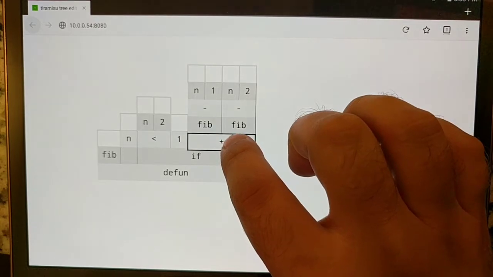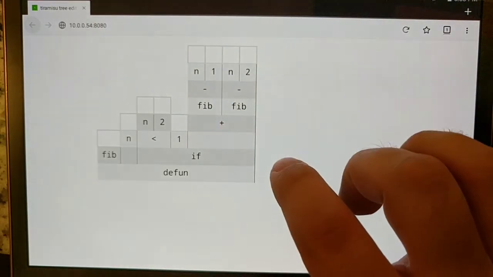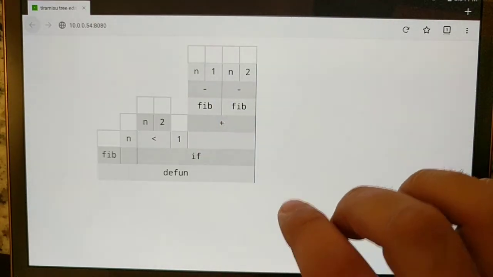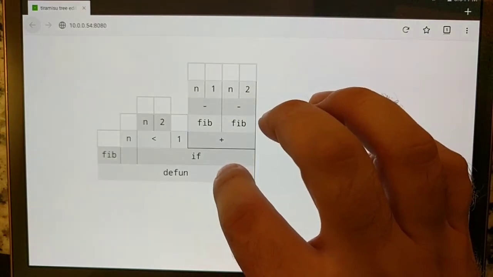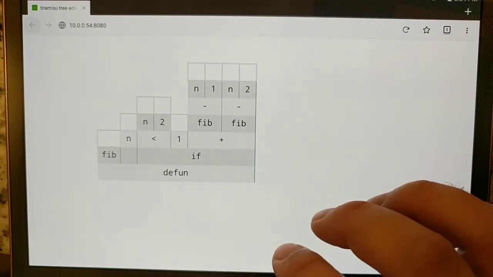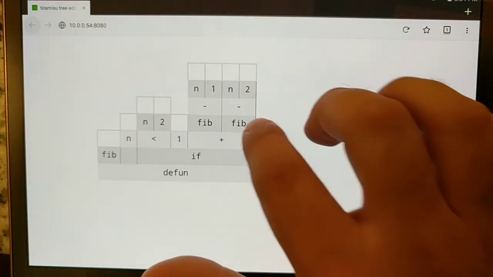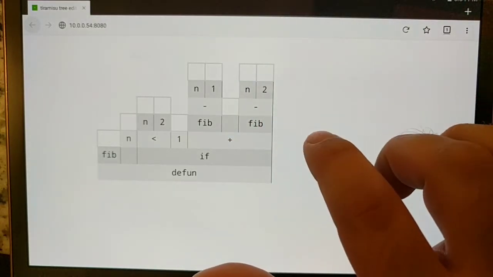So you can sort of see that the direct manipulation interface is so that we can take a node, drag it up to wrap it in a new parent node. You can take a node and drag it down to sort of collapse it into the previous node, which deletes it. We can take a node and drag it to the right to add a